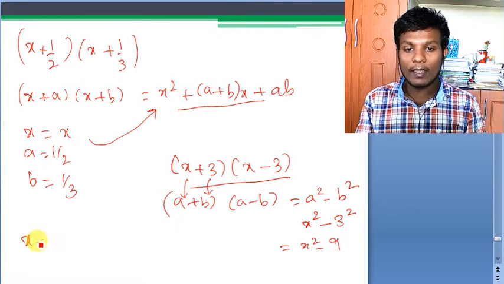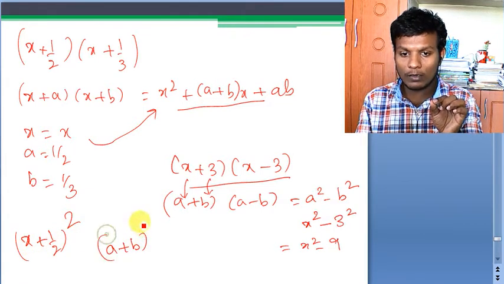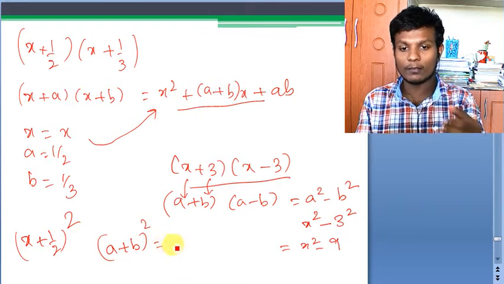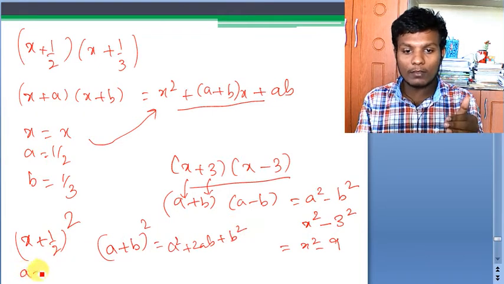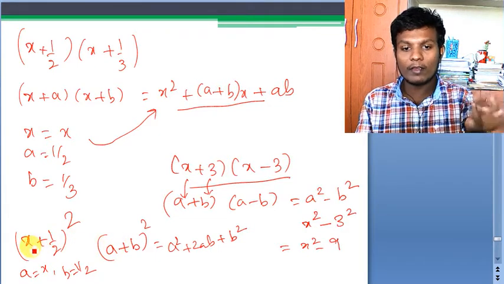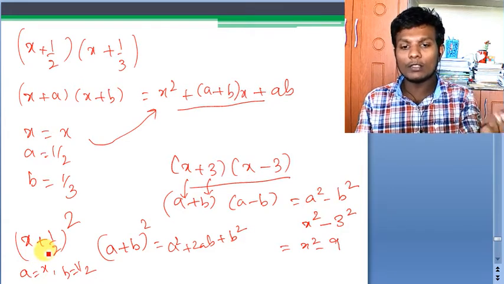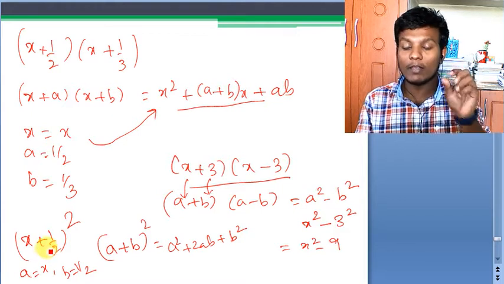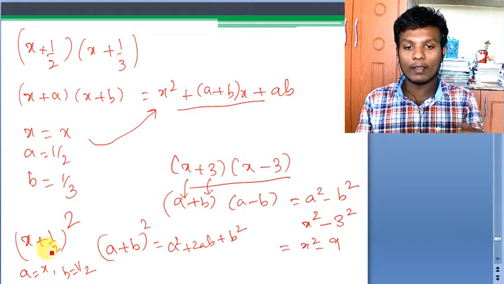Suppose I say (x + 1/2)². So this is a and this is b. And now this is the form of (a + b)². I know what this is: a² + 2ab + b². And to compare, a is equal to x here and b is equal to 1/2. Always take another set of variables than in the identity. Suppose if I have x and y, I use my identity in the form of a and b. If a, b are there in the question, I will use x and y. Then it's better, we compare the things very easily and there won't be any confusion or ambiguity for substitution of values.